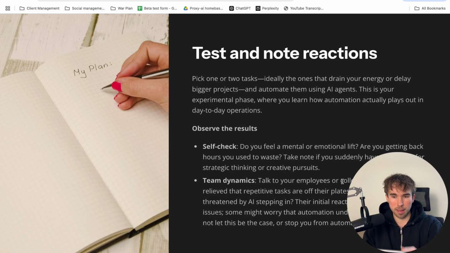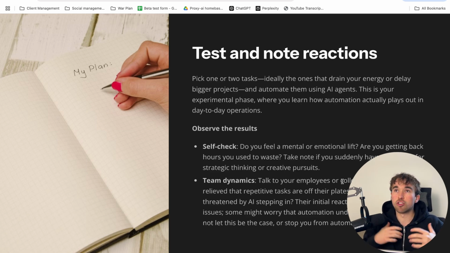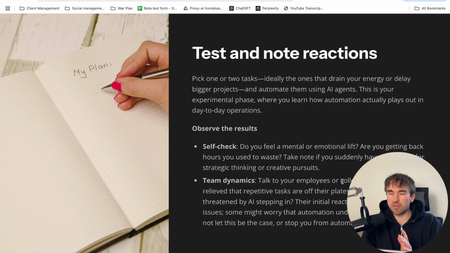Do you feel a mental or emotional lift? You need to check in with yourself, because if you don't feel these lifts and you don't feel the benefits, like internally, like in your soul, you know what I mean? Like, oh, this is so much nicer. I don't have to do X, Y, and Z. There's probably a bit of an issue, and we need to actually question our motives as to why we even want AI agents or if they're going to be beneficial in the first place, right?